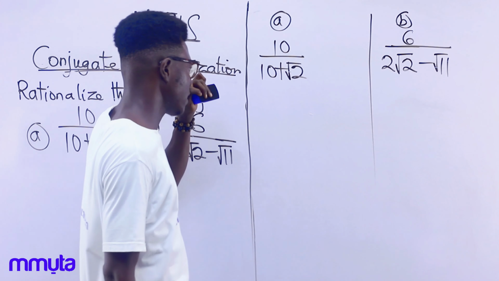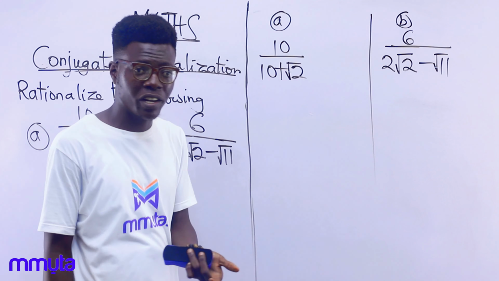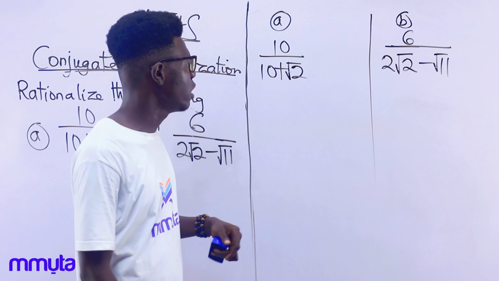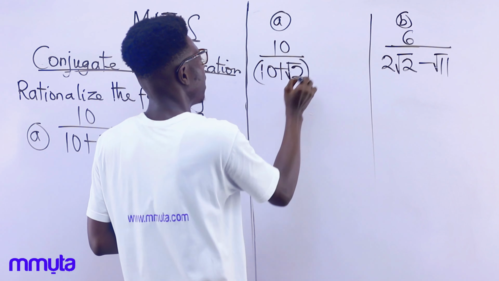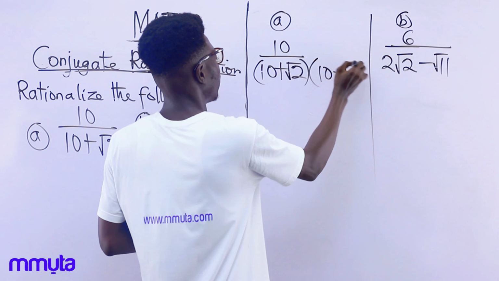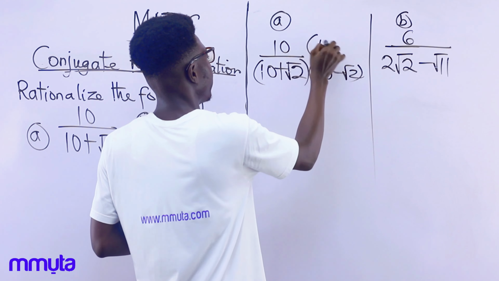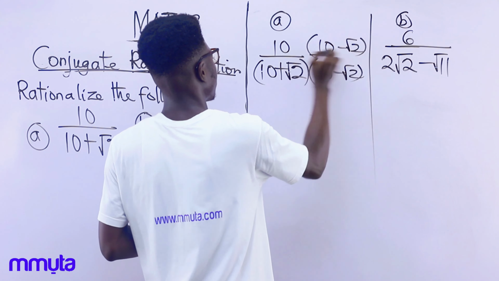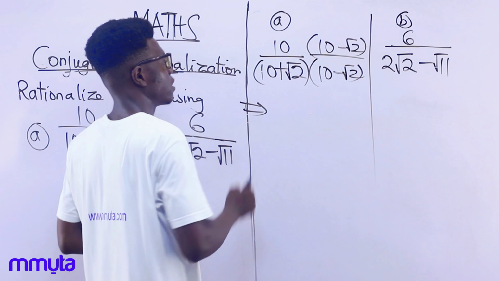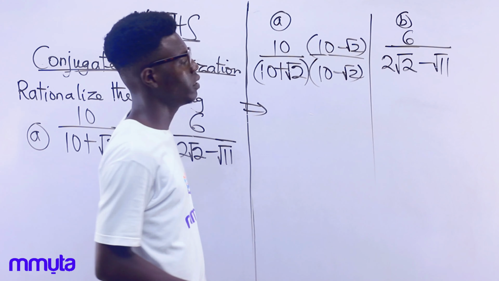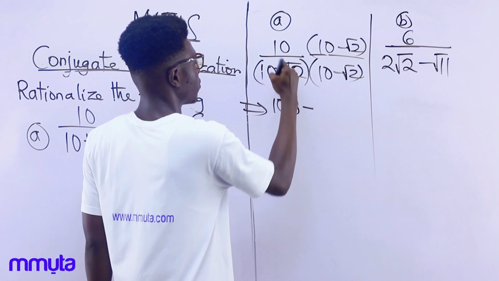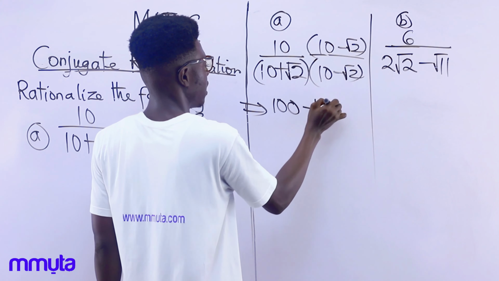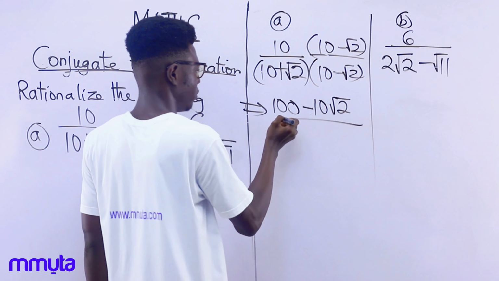Okay, so in this case, the conjugate of 10 plus root 2 is 10 minus root 2. So we are simply multiplying by the conjugate, 10 minus root 2. So what happens here? 10 times 10 we have 100, and then minus 10 times root 2 is going to give us 10 root 2, divided by